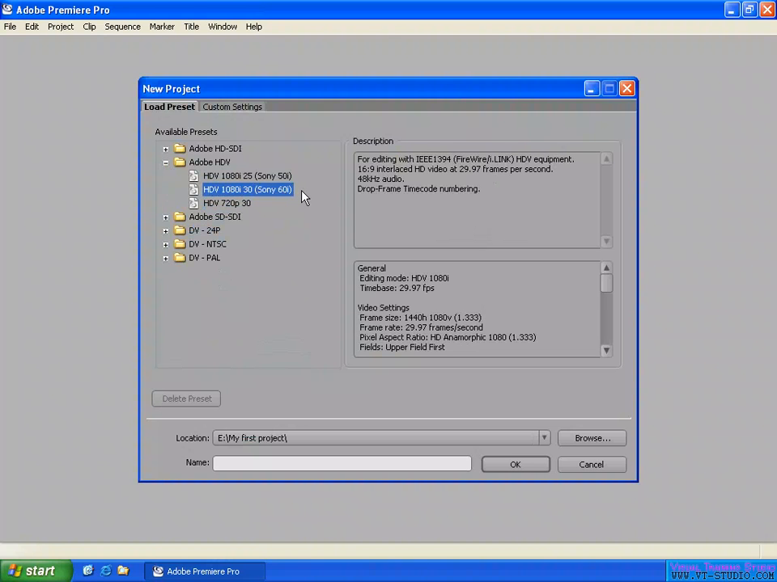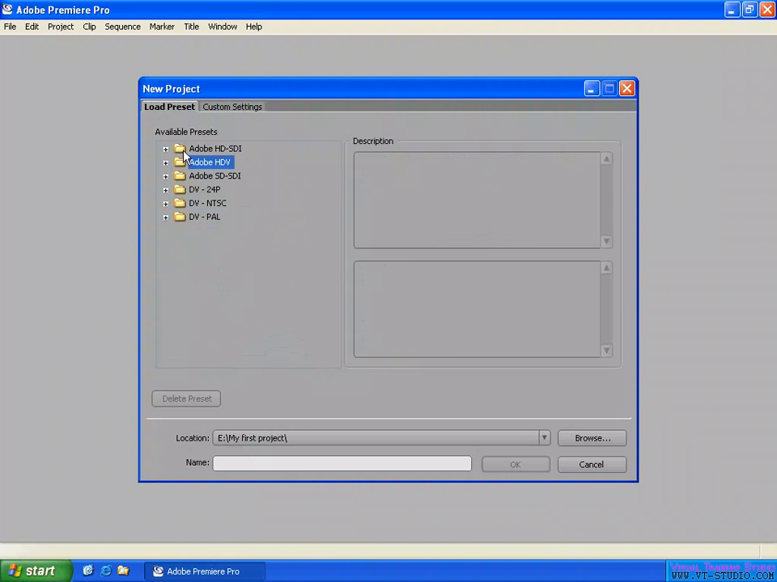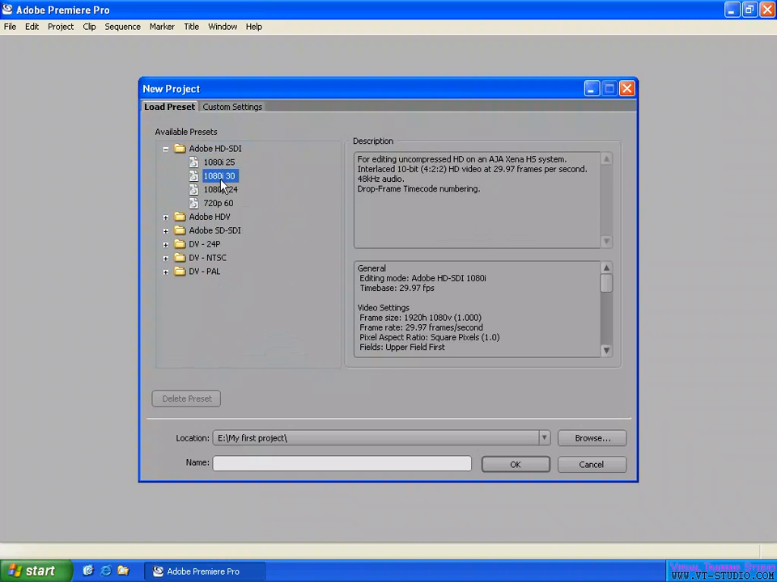It depends on your camera setting. If you set your camera to 720p and 30 frames per second, that means almost 30 frames, 29.97, with the resolution as 720 progressive mode. So you can select the preset here, depending on your setting on your camcorder, for your project setting. And here in Premiere Pro 2.0, you have the